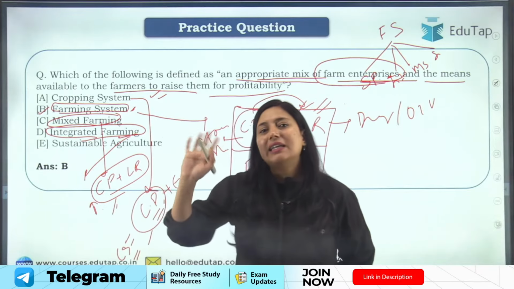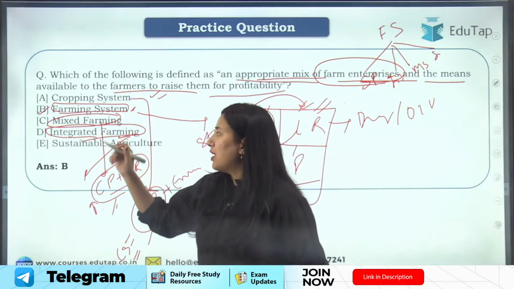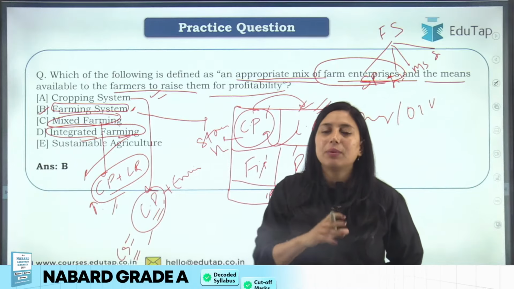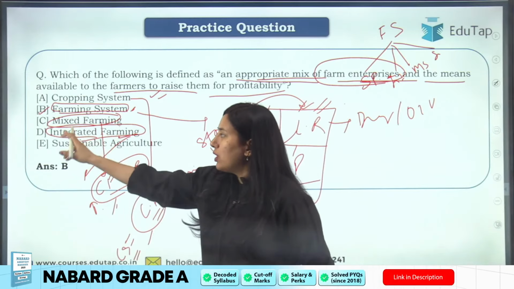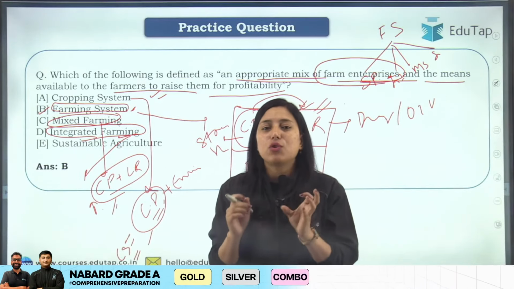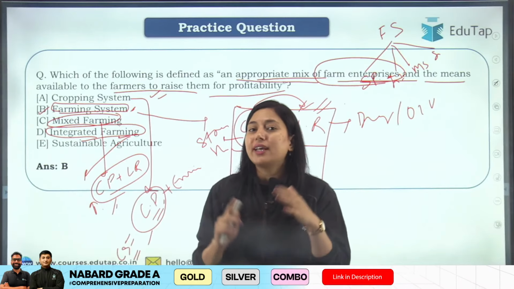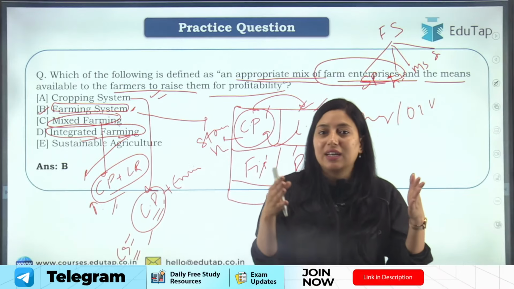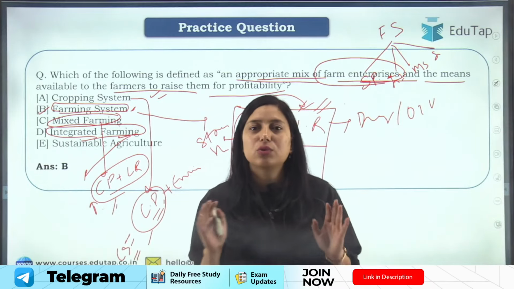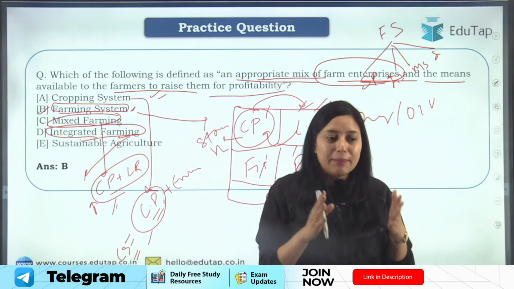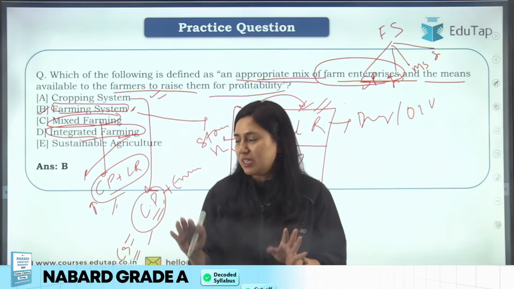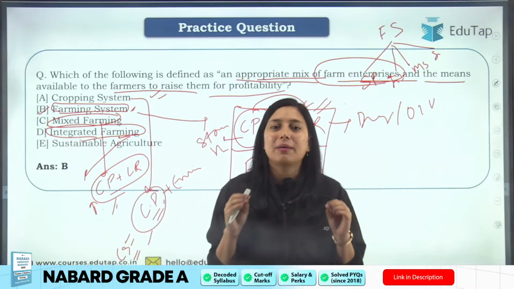Farming system in general is integrating of enterprises. In mixed farming, we are integrating the enterprises. It can be two or multiple enterprises, not just two. It can be multiple enterprises, but our only focus here is to increase the profit. ठीक है, मिक्स फार्मिंग में हमारा सिर्फ और सिर्फ फोकस रहता है प्रॉफिट बढ़ाने का। वी डू नॉट टेक केयर कि जो हम एंटरप्राइज लगा रहे हैं, जो हम एक्टिविटी कर रहे हैं, उसका इम्पैक्ट एनवायरमेंट में क्या होगा। ठीक है, वी डू नॉट कंसिडर द इम्पैक्ट ऑफ द एक्टिविटीज दैट वी आर रनिंग ऑन आवर फार्म, व्हाट इम्पैक्ट इट विल कॉज टू द एनवायरमेंट।